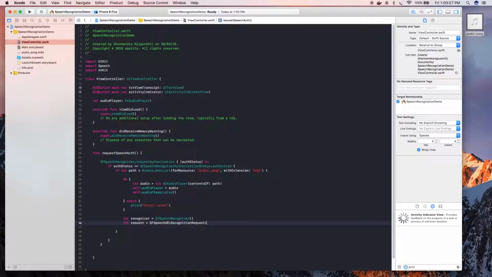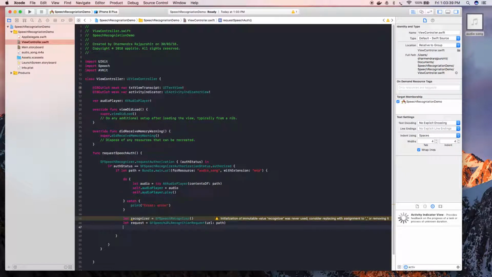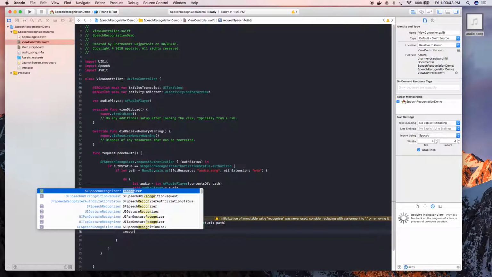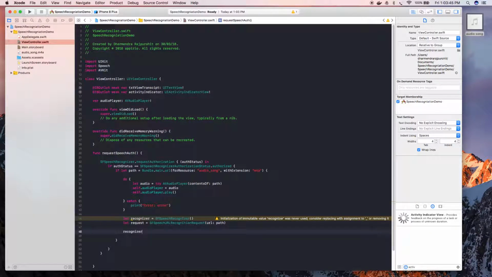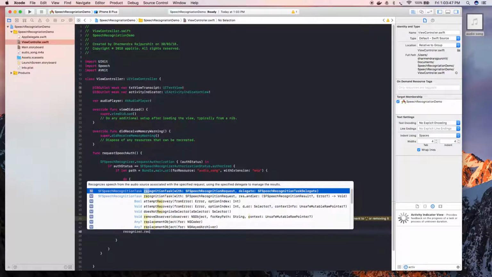Okay, so here I'm going to pass a path here, and the path is for the audio file. Now we're going to pass this request. Okay, so recognize